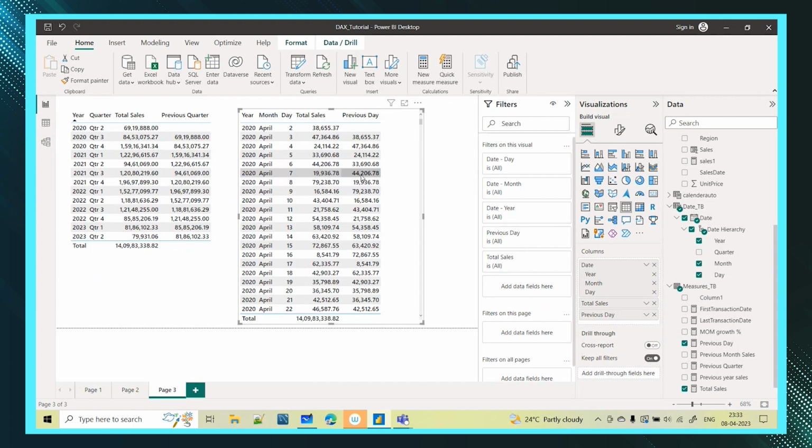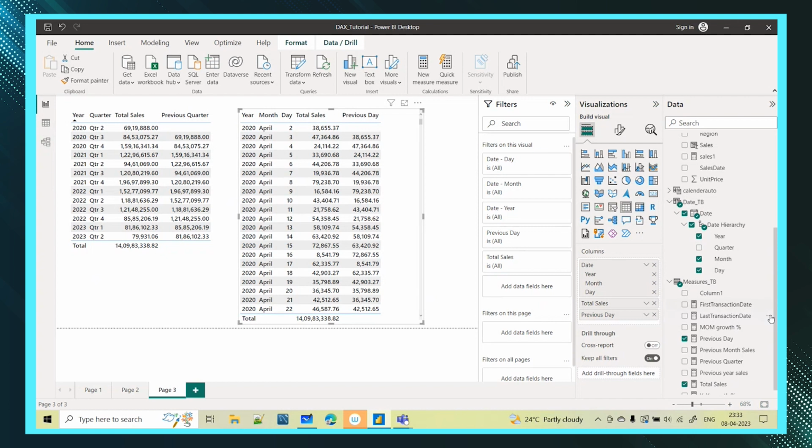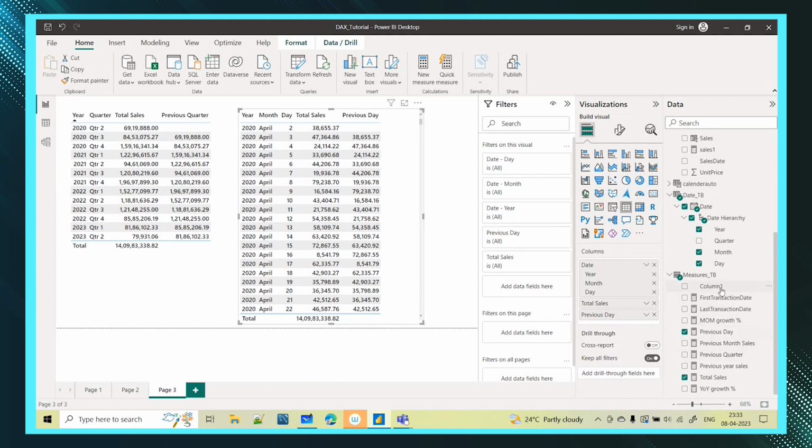19,936.78. Okay. In the previous day sales, what is the sales made? 44,206. So how am I getting this value? From here, the April 6th value I am able to see, the previous day function will give these values. The same way you have previous year, previous quarter, previous month, previous day, you also have